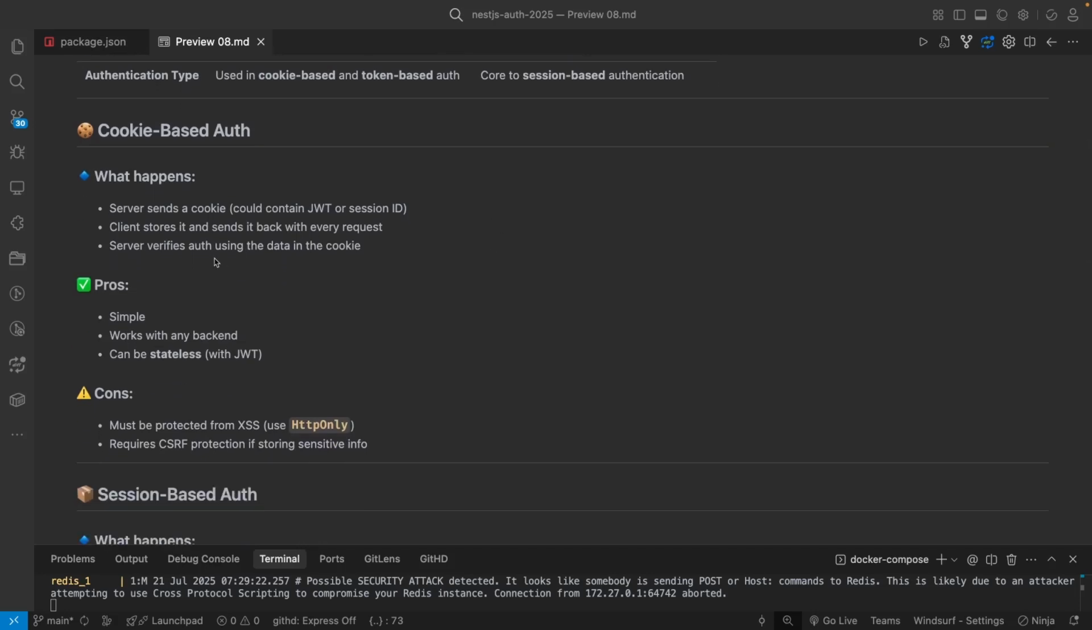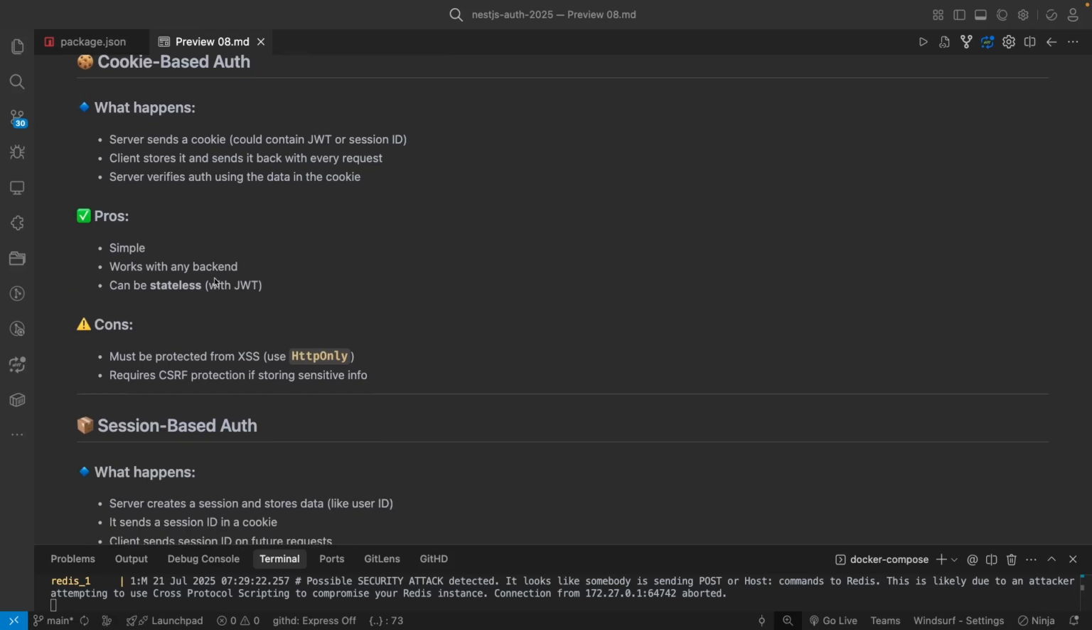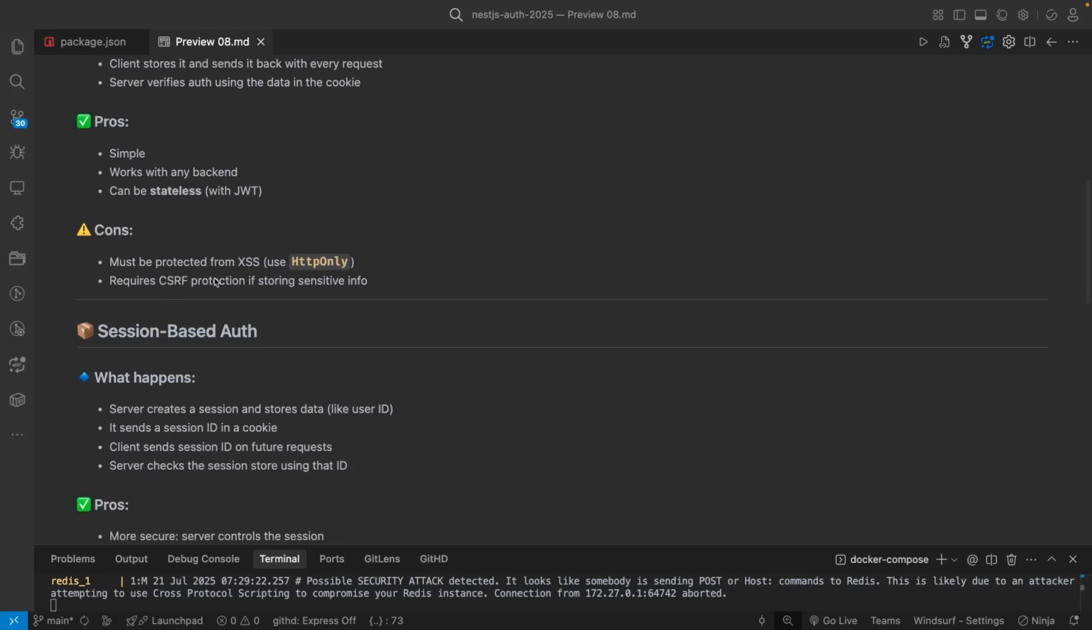So in cookie-based authentication, the server sends the cookie data to the client. That can contain a session ID or token. The client stores it and sends it back with every request. This is the browser behavior: cookies are persisted for the same domain and sent back to the server. The server identifies and validates. These are very easy to set up, work with every backend, and can be stateless with the token. Cons: you need to take care of the security of the cookies, so that no third-party application should be able to